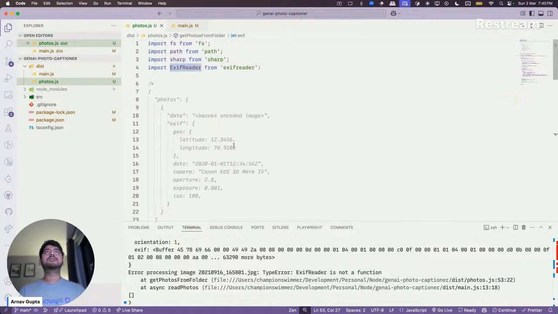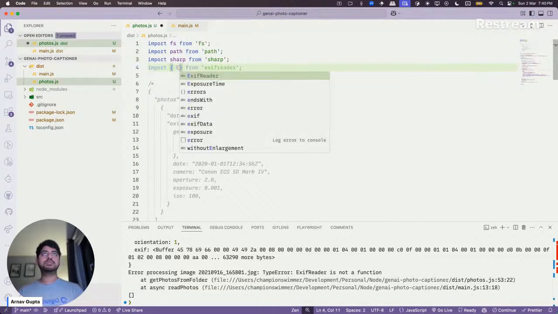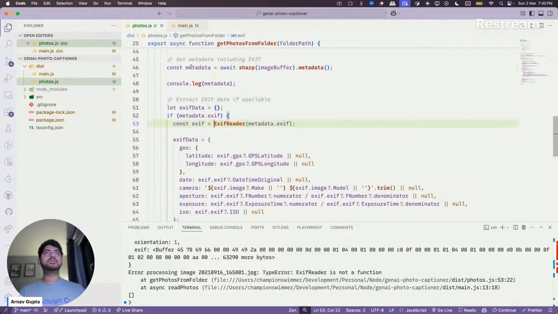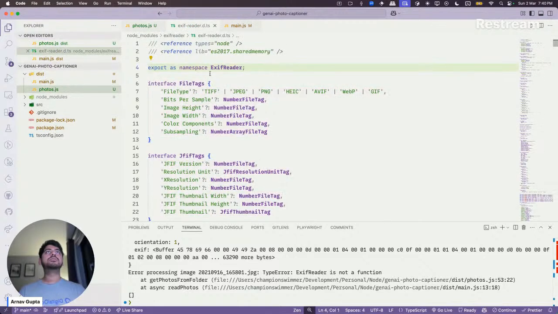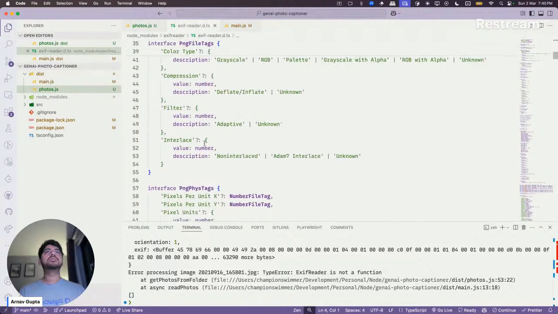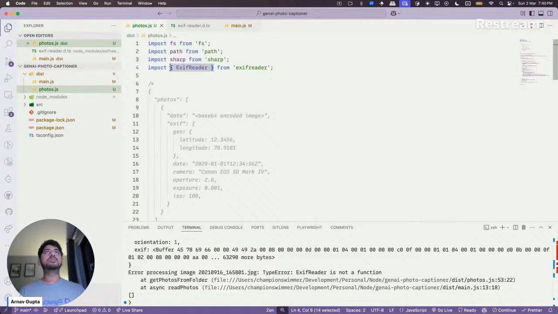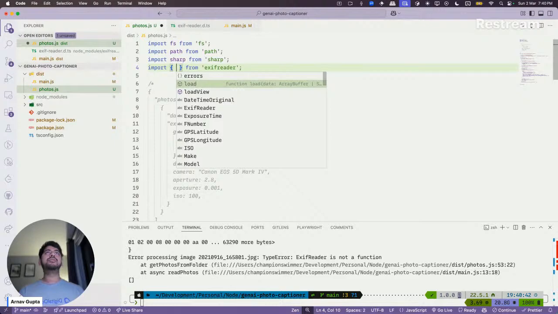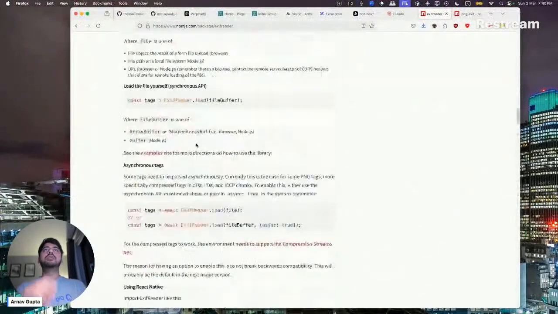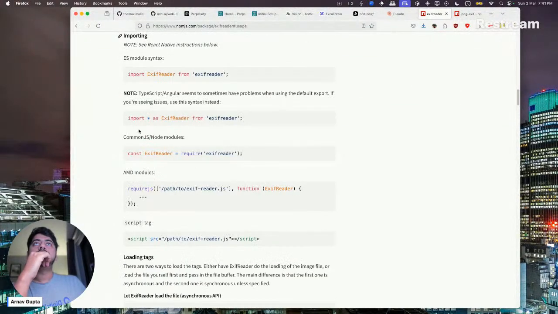Except EXIF reader is not a function. Is that correct? How to use it?